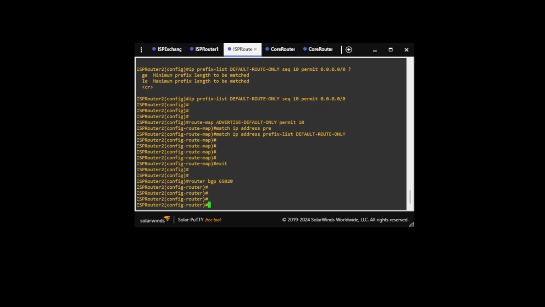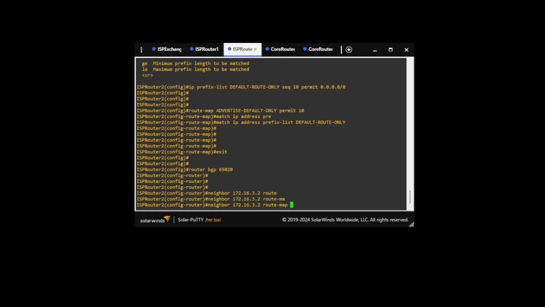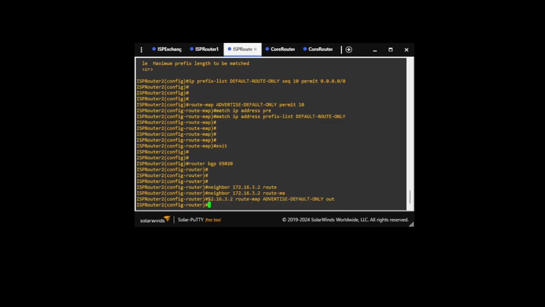E0 to 0. So we're going to say neighbor 172.16.3.2 route map advertise default only out. All right,